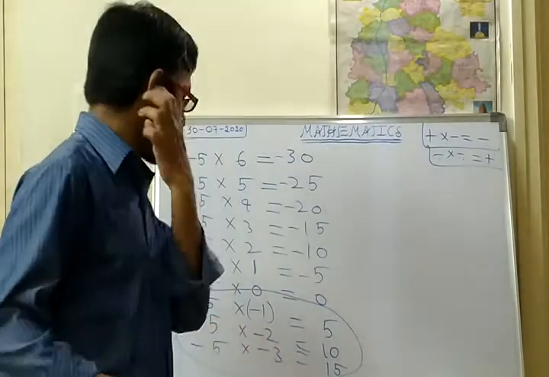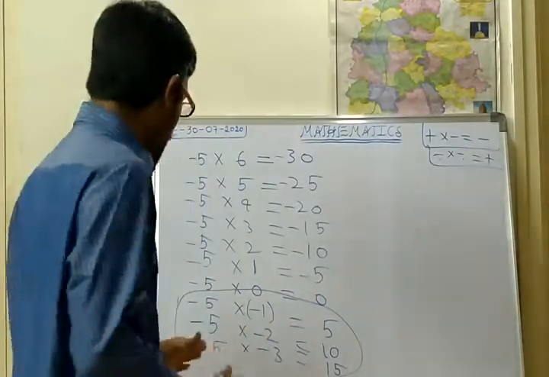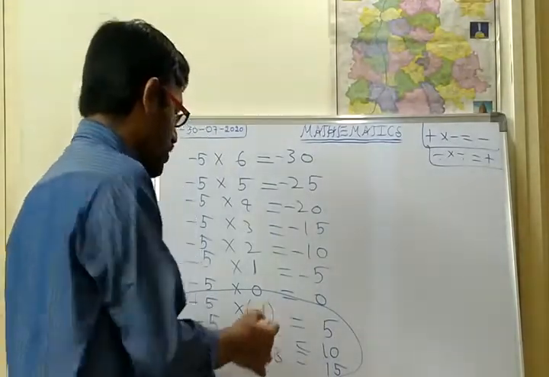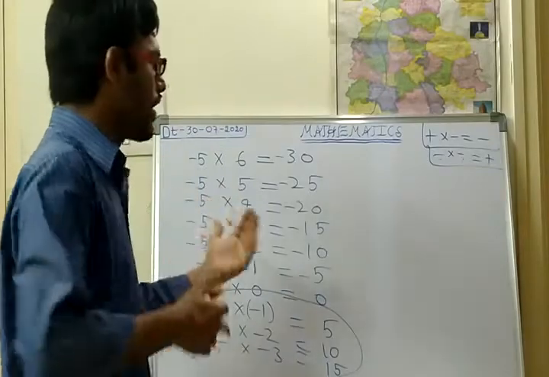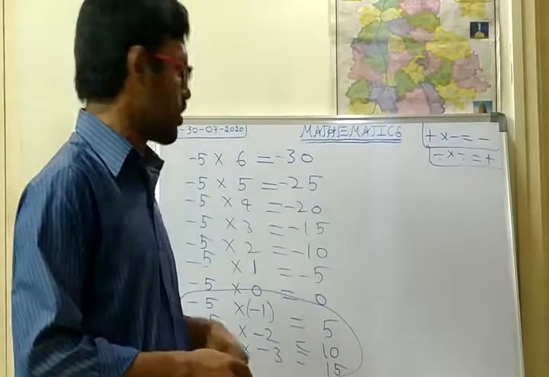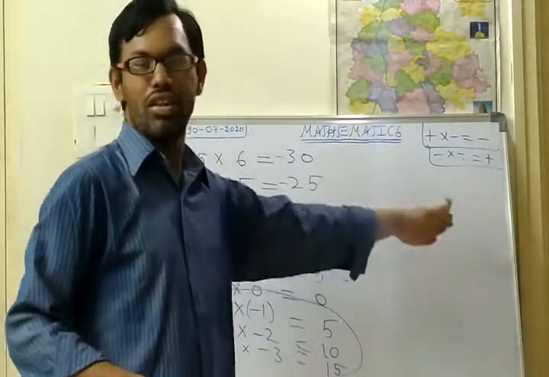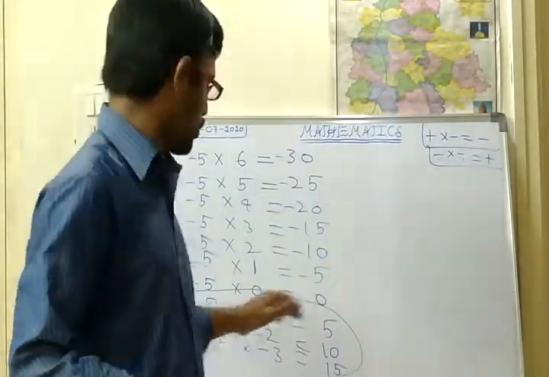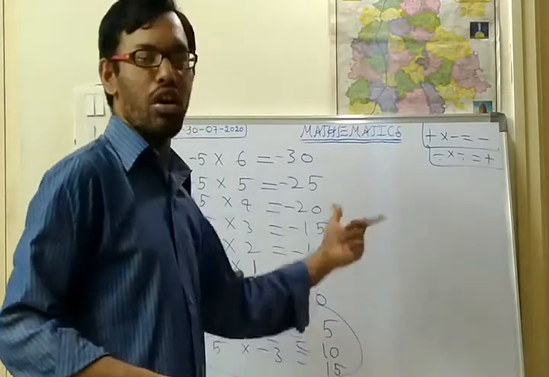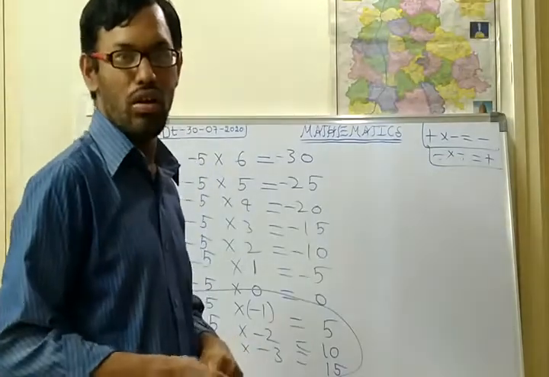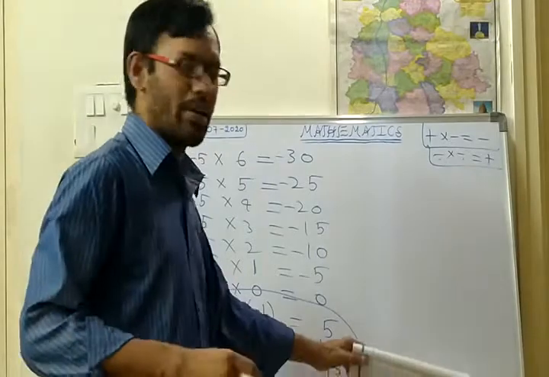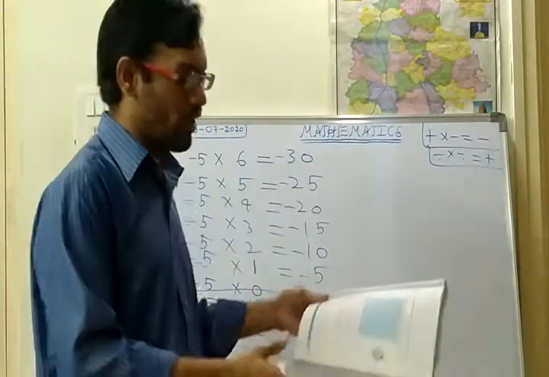So what about the number line representation? For this you can't draw the number line representation because both are in the minus only. If you are taking only negative numbers on the number line, how do we get the positive numbers? We can't get the positive numbers on the number line. So that's why for two negative integers we can't get the positive integers on the number line. So this is about the multiplication of two negative integers.